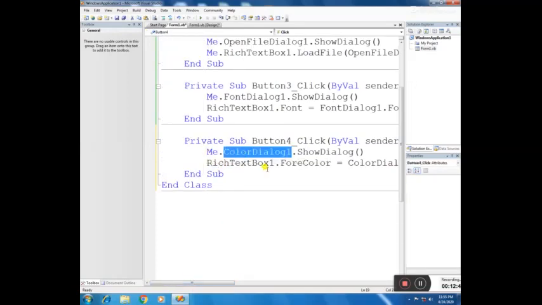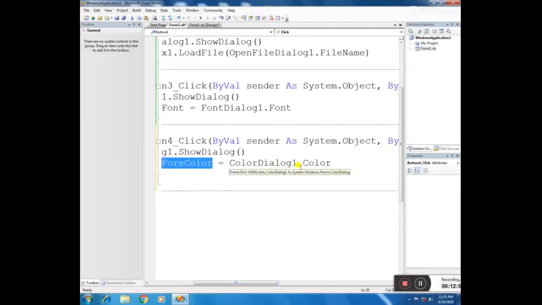Just have a look. We will write ColorDialog1.ShowDialog, RichTextBox1.ForeColor is equal to ColorDialog1.Color.